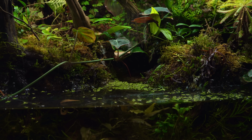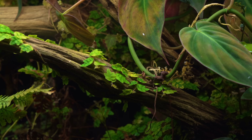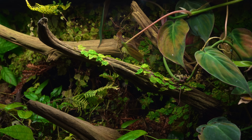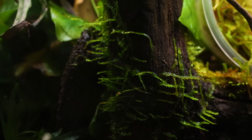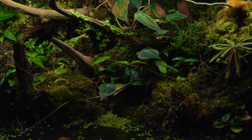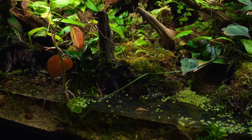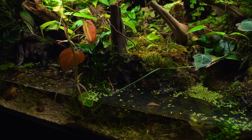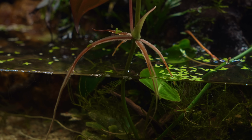One of my favourite things about this tank is finding the small details that I never even planned. Like this oak leaf creeping fig that's vined its way along this hardscape branch, or this java moss that's grown from under and out of the water, climbing up this piece of driftwood. This philodendron has even grown right to the front of the tank where it's sent out roots to pull nutrients from the water. I could cut it back, but I think I'm going to leave it be just to see